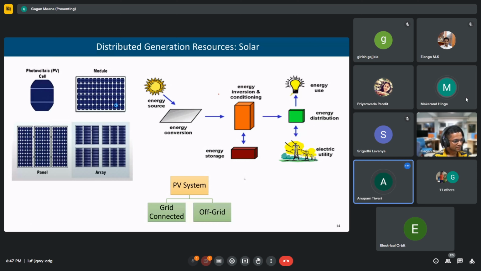Inverters can produce even 100% reactive power. That depends, as sir was saying, upon the specification of the inverter. There are inverters that can only go from 0.8 leading to 0.8 lagging power factor. There are a few inverters which can supply 100% reactive power also. It depends on how the inverter and its control system are designed. You have all types of inverters available in the market. That is a good input. Thank you.